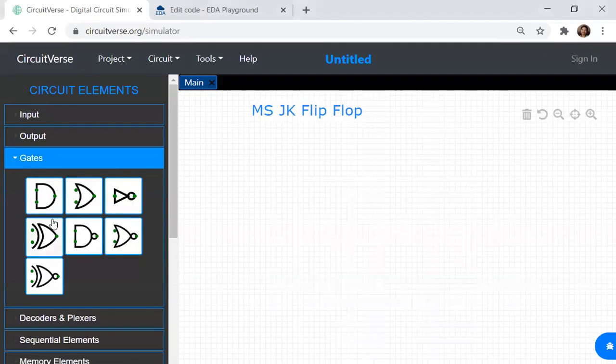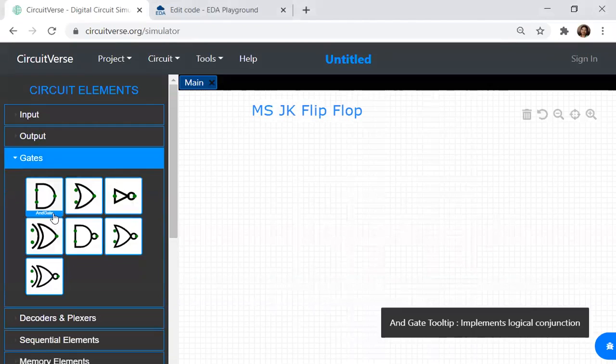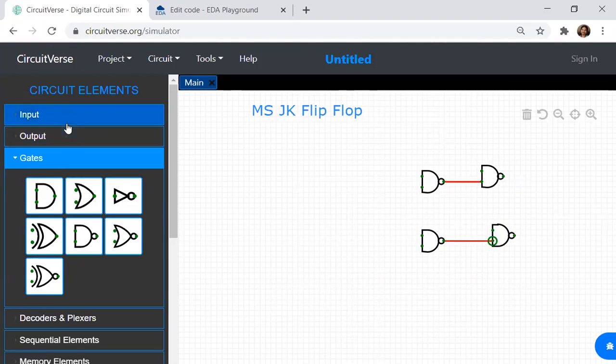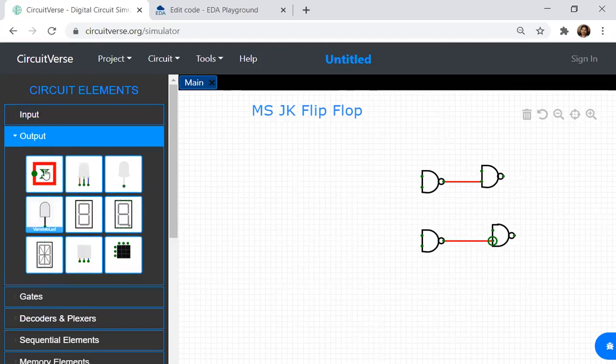Now in a master-slave JK flip-flop, we'll have two flip-flops. One acts as the master, the other acts as the slave. So this is one MSJK. This is one JK, and I have another JK over here. This is another way of representing a JK flip-flop. I'll have Q over here.